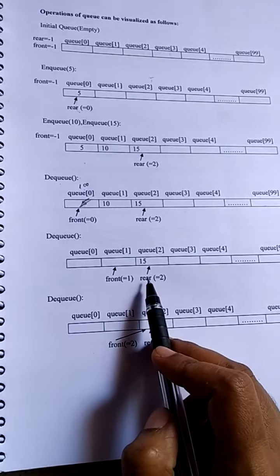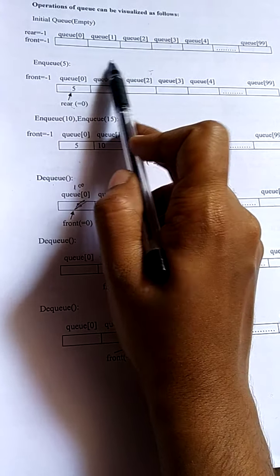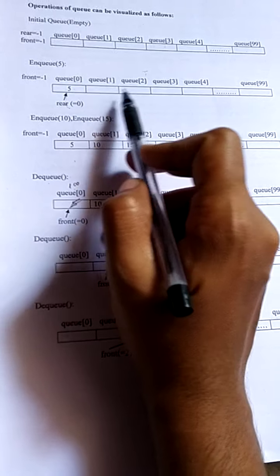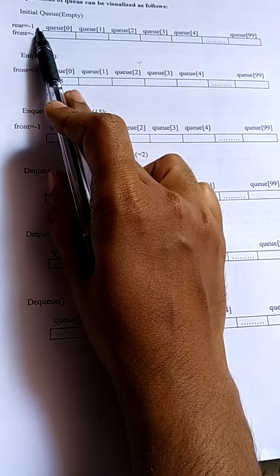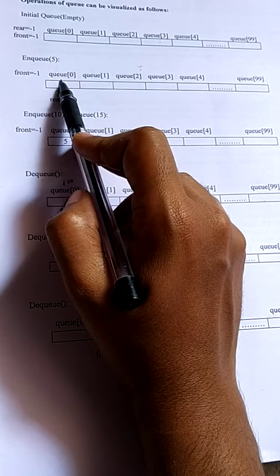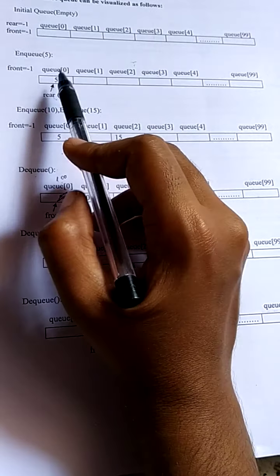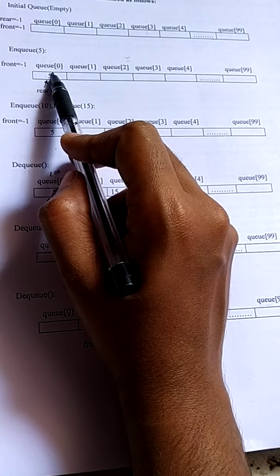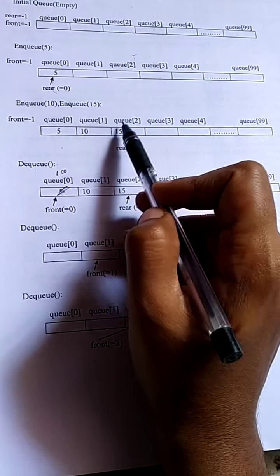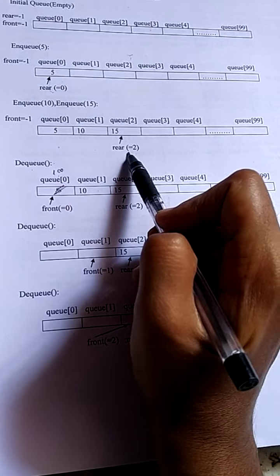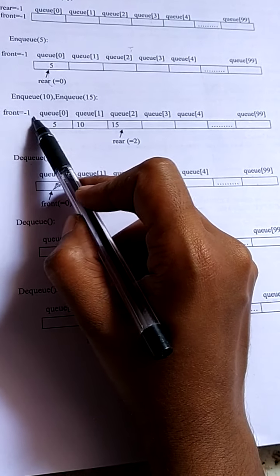So this is how the NQ and DQ operations work. That is, whenever you insert an item, the rear pointer will be incremented by 1, and initially the rear pointer will be -1. When you want to put an item at the first position, the rear pointer will be incremented by 1, that is rear of 0. In rear of 0, the value will be inserted. Next, if you want to insert 5, the rear will be 1. Next, if I want to insert 15, the rear will be 2. Until then, there won't be any change in the front. It is always minus 1.